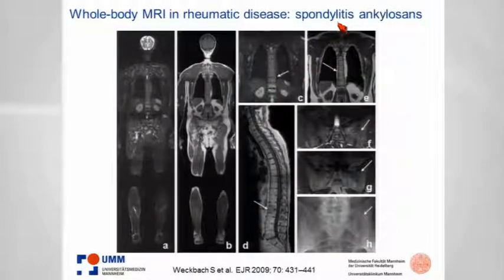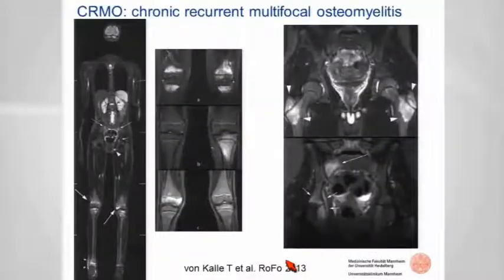Same is true for the spondylitis ankylosans. This is a patient with a long-standing disease where you see sort of this already bony syndesmophyte, the burned out sacroiliitis both sides, and you see the aseptic spondylitis here in this particular case of seronegative spondylitis ankylosans. Now, I think particularly when it comes to children, it's our true responsibility to more often use whole